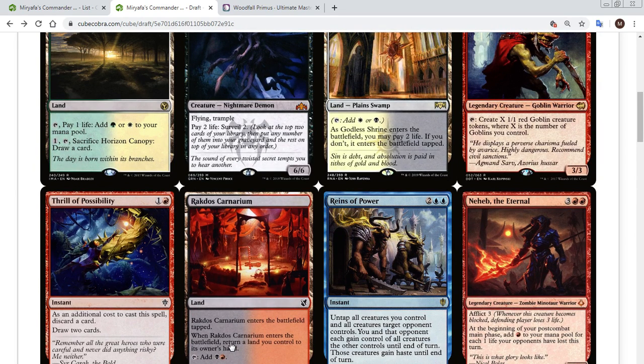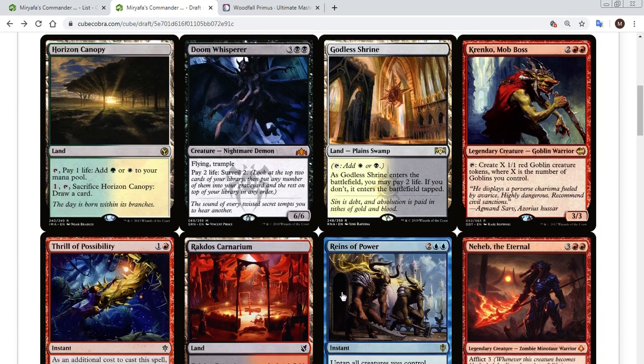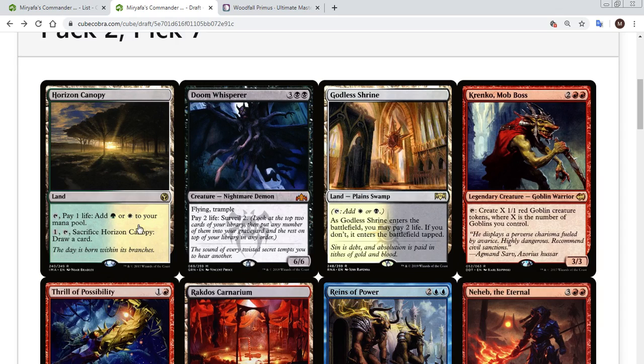Rakdos Carnarium, I have an incomplete cycle of Karoos, meaning this is the only one in the cube, and it's here because red-black needs the card advantage. Thrill of Possibility, card draw spell for red, if you need one. Horizon Canopy,